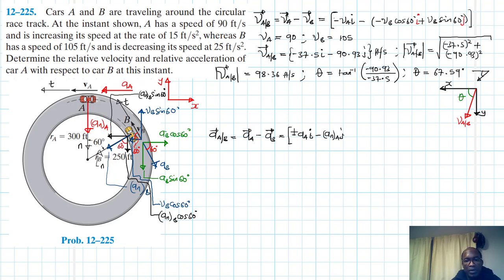All right, so for B, we bracket this and say minus, let's open for B. For B, we have AB cos 60 i minus AB sine 60 j, and then we have